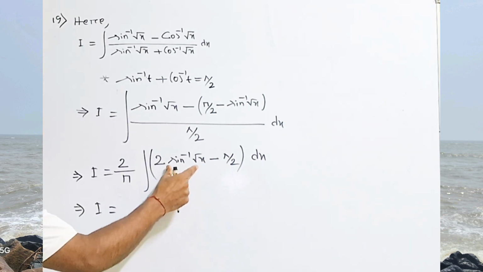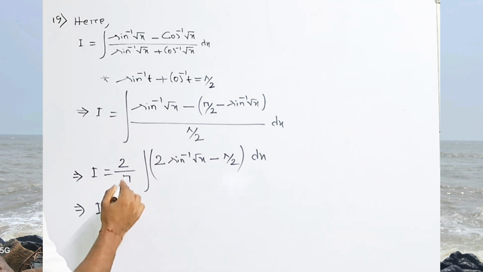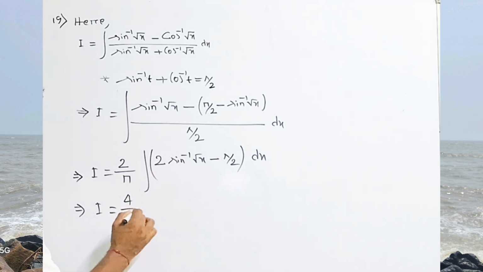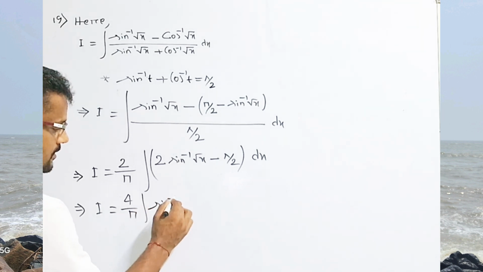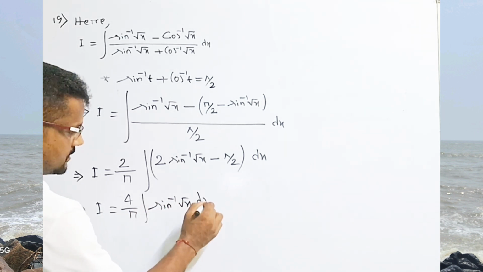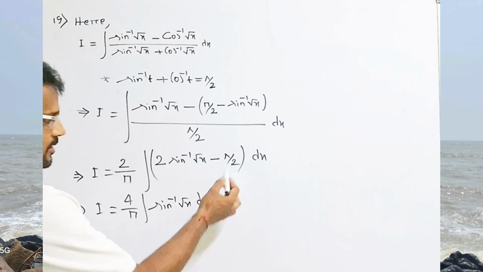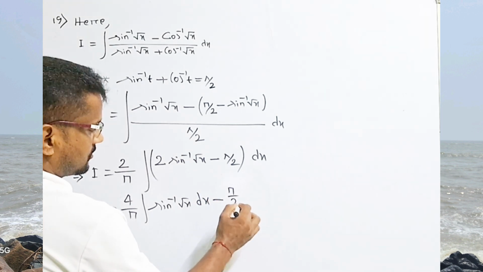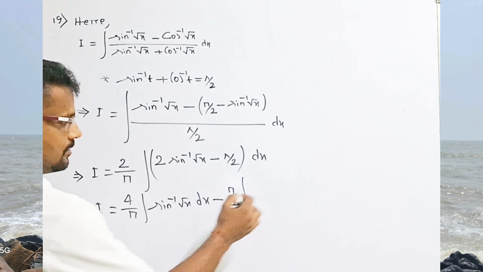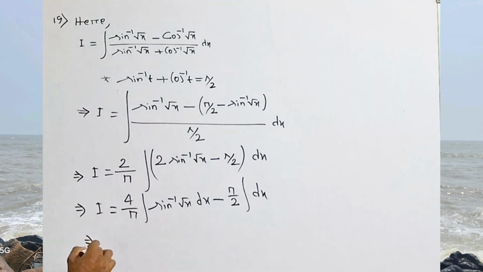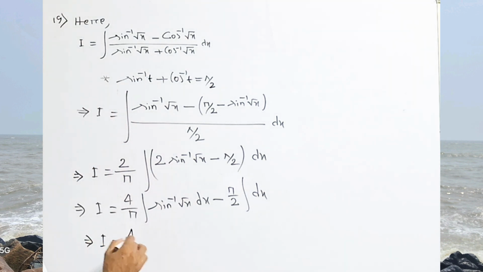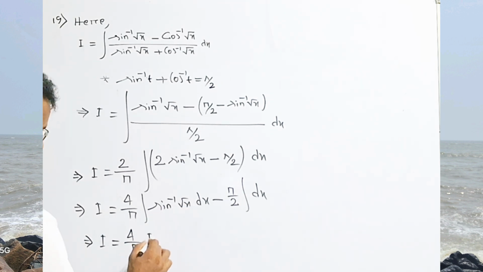The first term is twice sin inverse root x, so it will be 2 by pi times 2, that is 4 by pi, integration of sin inverse root x dx, minus pi by 2 is constant, so it comes out of the integral sign, integration of dx. After that, I equals 4 by pi, let us take this as I1, this much is your I1, minus,